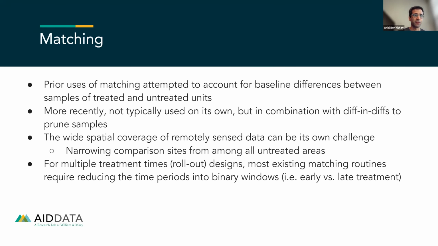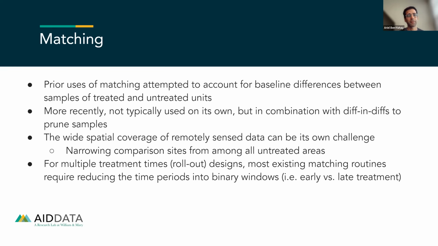So again, the way we're seeing this happen is that we're using the matching to prune, as a pre-processing step, the samples to only the potentially comparable samples on which we then run the panel models that we just looked at. So that's the canonical approach. It's pretty off the shelf and pretty easily translatable when you have a single